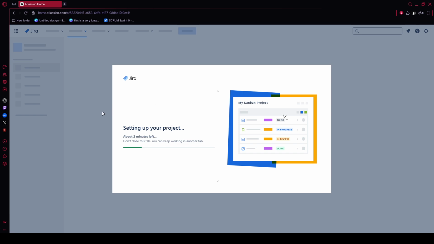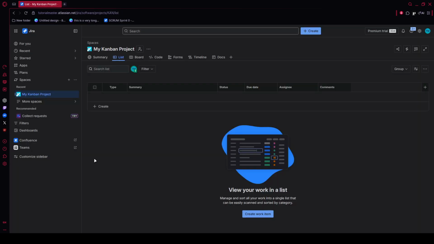Finally, do a quick check to make sure everything looks right and that your account is fully loaded. To make future access easier, bookmark the page in your browser by clicking the bookmark icon or using Ctrl+D on Windows or Command+D on Mac. And that's it. You now know how to access Jira, securely sign in, find the right workspace,